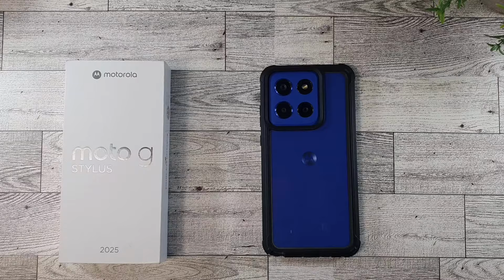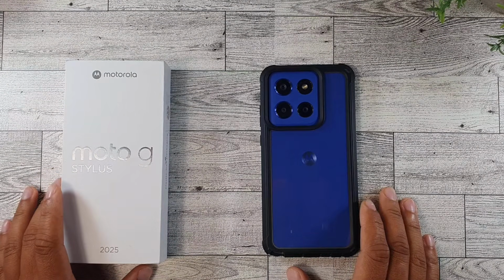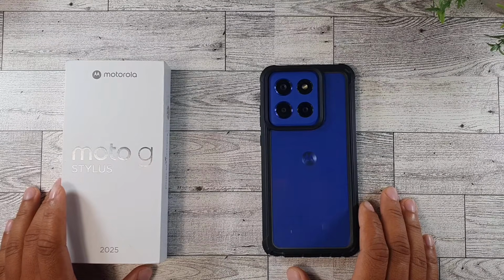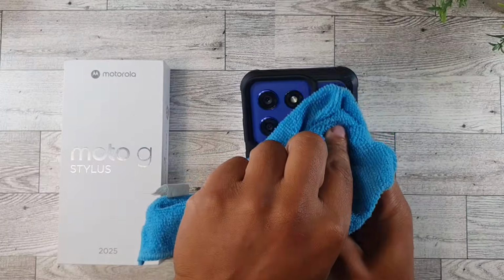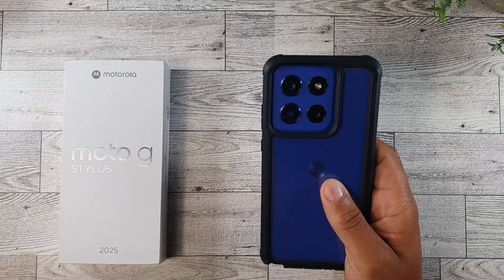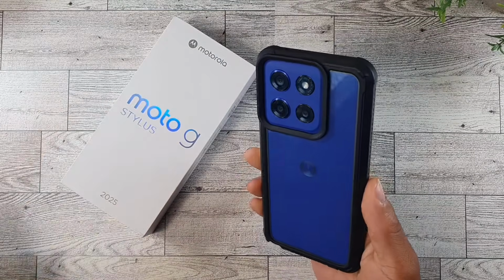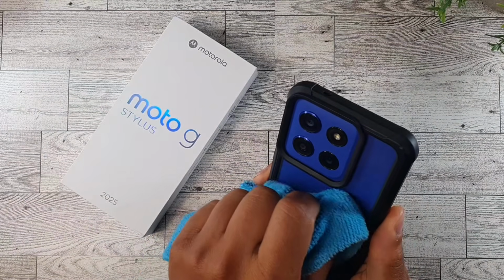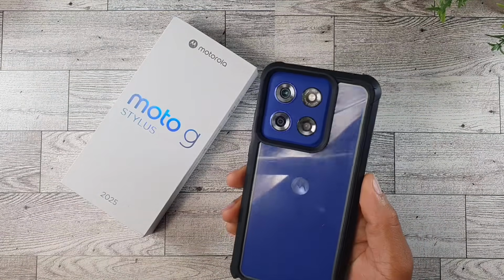So yeah, this phone is going to get 3 years of security patches. It's also going to get 2 years of OS updates. A lot of people who focus on smartphones or the tech space in general emphasize what a phone can get when it comes to the updates, and this is emphasized a lot in the smartphone